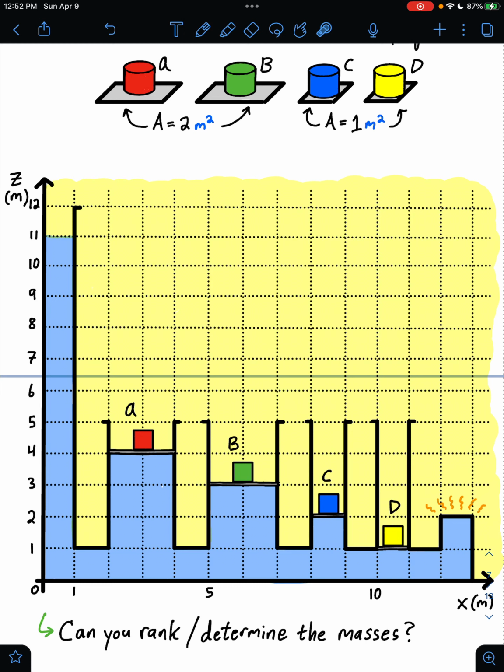So from looking at this picture, can you rank and determine these masses? Maybe just take a moment to see if you can qualitatively rank them. That is, can you tell which of these masses is the biggest, which is the smallest? Are any of them the same? Are they all the same? Take a moment to consider that question. And if you have a thought in mind about the relative masses here,